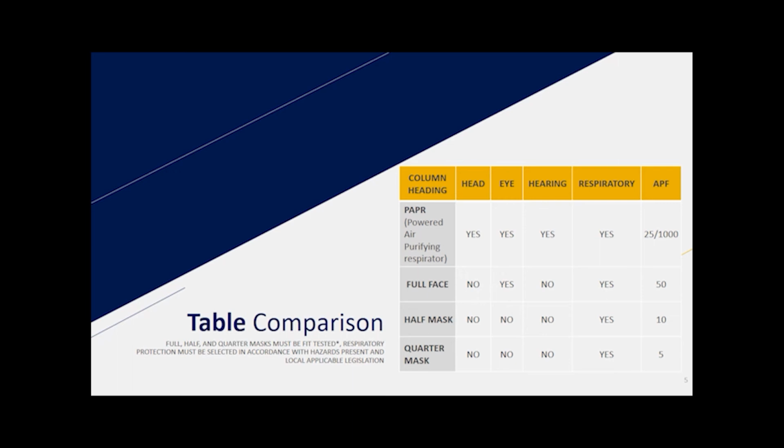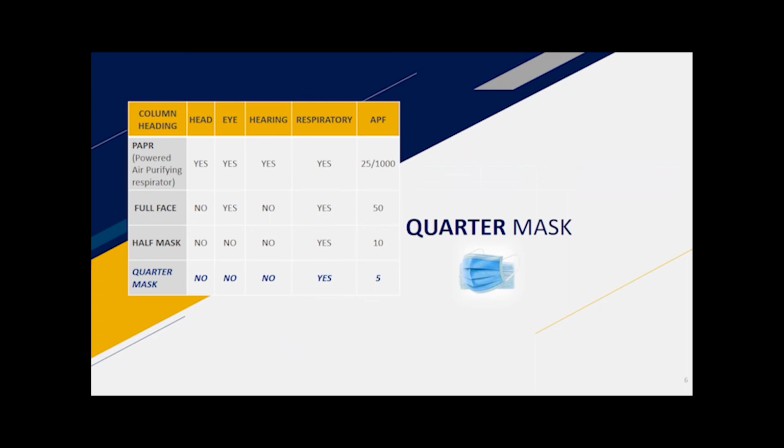All right, so we are going to start out with the quarter mask. You may have seen this everywhere because of COVID-19, but typically most common in doctors' offices, nurses wear them 24/7, as well as any medical care facility or seniors care facility. Now, these quarter masks have an assigned protection factor of about 5, so yes, they do protect respiratory just a little bit. But again, if you're on any kind of job site, work site, you're going to want to consider something bigger and badder. Or if you're in medical and you're in constant contact with individuals that are infected with